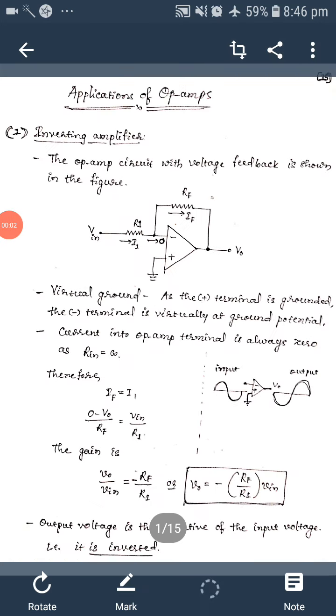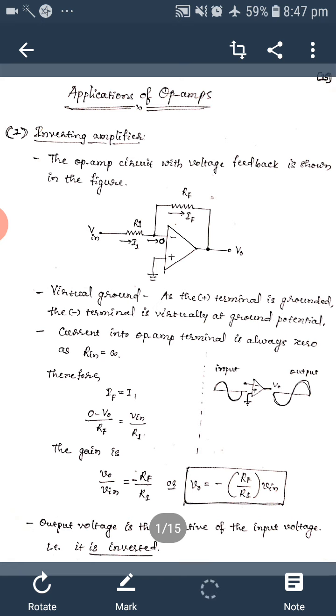So in the previous class, we have seen what an operational amplifier is and what its parameters are, and how the op amp will work, meaning in how many different modes it will work. We have seen that it works in differential mode and common mode, and the different parameters like CMRR, PSRR, input offset voltage, input bias current, input offset current, slew rate, all those things.